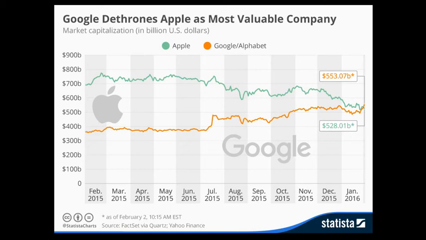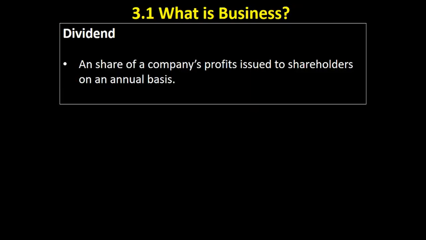So here's just a graphic that shows that earlier in 2016, just towards the beginning, Alphabet, which is Google's parent company, overtook Apple in terms of market capitalisation as the biggest company in the world measured that way. I guess that's a reflection of the fact that people are a bit worried about Apple's strategy. Will they be able to replace the iPhone? And investors are more confident about Google. Anyway,